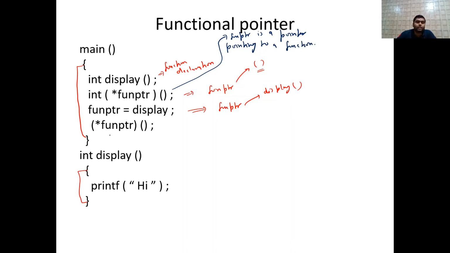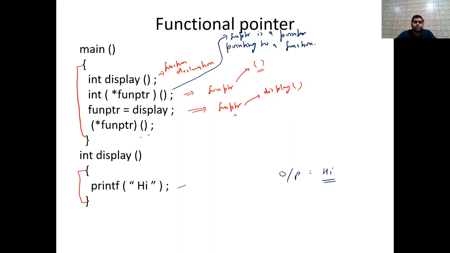Now we are calling star fun ptr function, so we are calling the function that fun ptr points to. So whichever function it points to, it will call that, so display will be called. And the output value will be high, so you will get high as the answer, right? Getting my point?